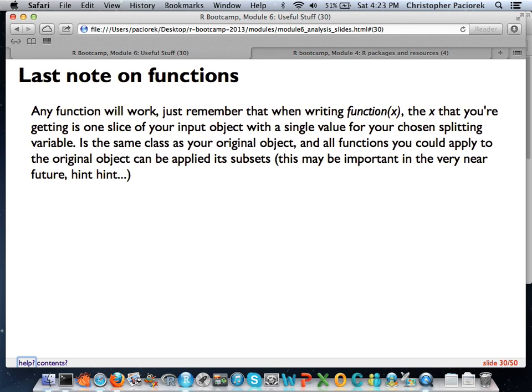I remember when I was learning R, this was a sort of weird thing to think about. What is it actually working with when I'm saying apply these things to these subsets? So just remember that it's going to be calling these exact subsets, and this will be relevant for your breakout thing in a minute. So think in terms of whatever it is you originally put into your function.